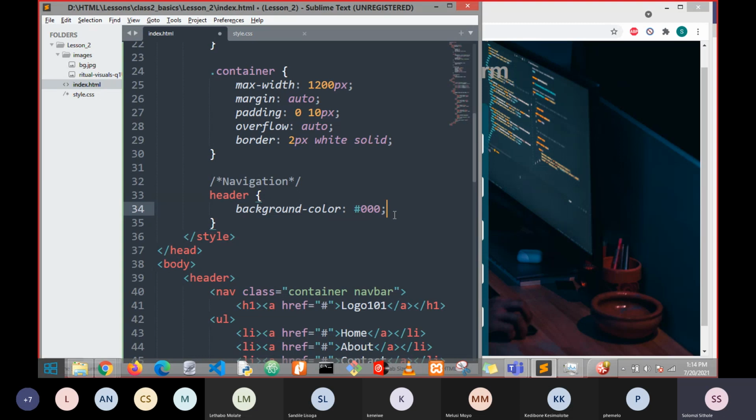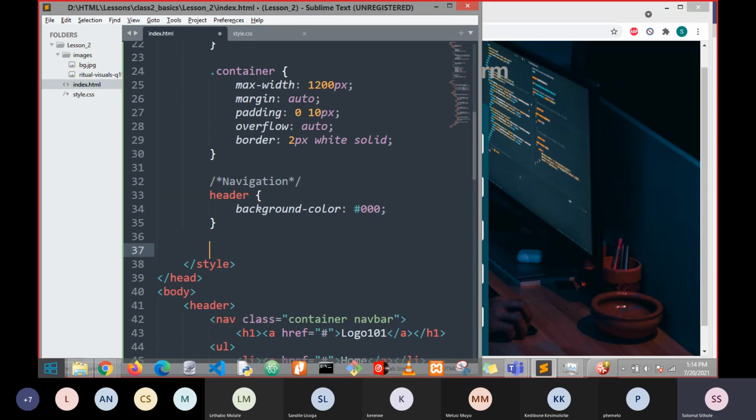Let's go up here. So now that my header has a background color of black, I'm going to go down and grab